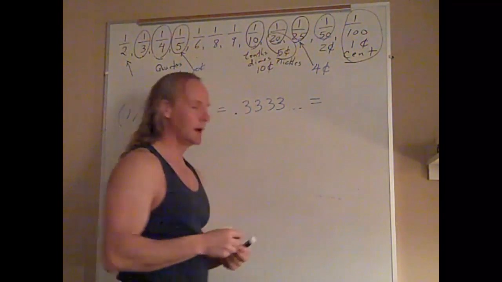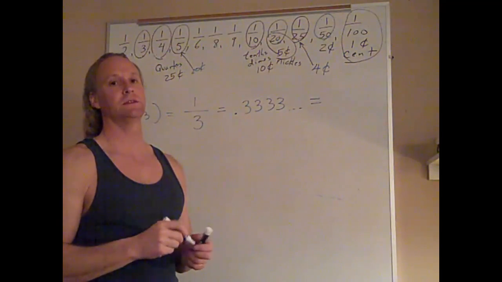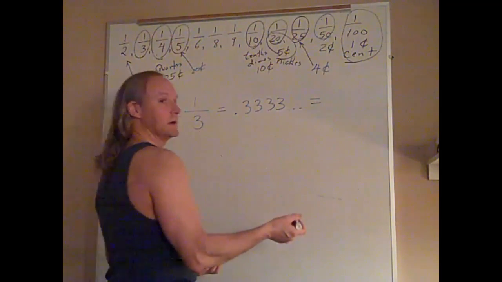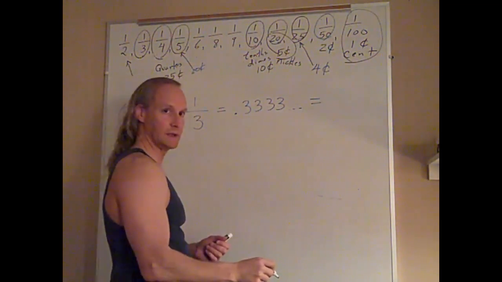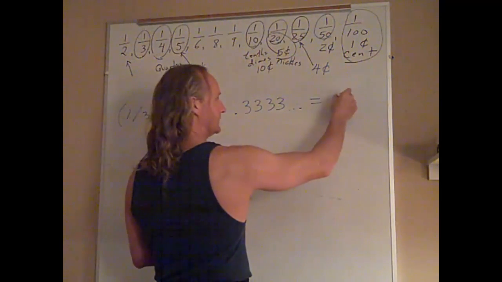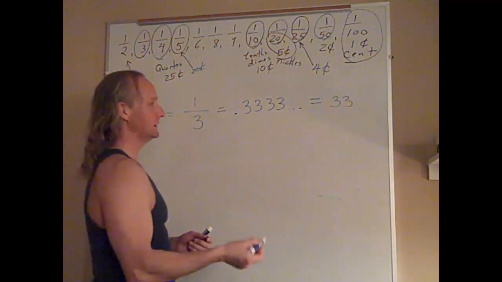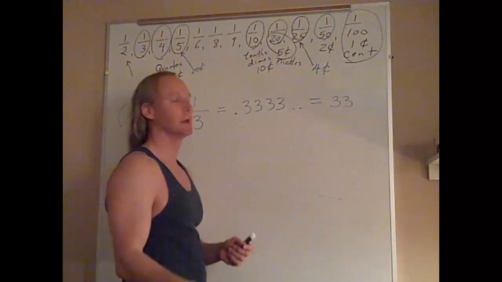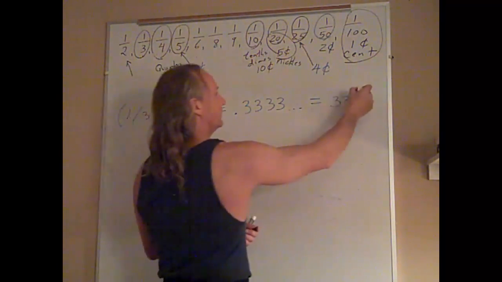Now that leads us to another problem. If I have an infinite number of 3's here, I certainly can't write it as a decimal percent. The way to get around that is to move the decimal 2 places to get our percent. That's 33% is really close, but it's not exact because it's really 33.333333%. Well, that 0.333 is 1/3, so we write it as